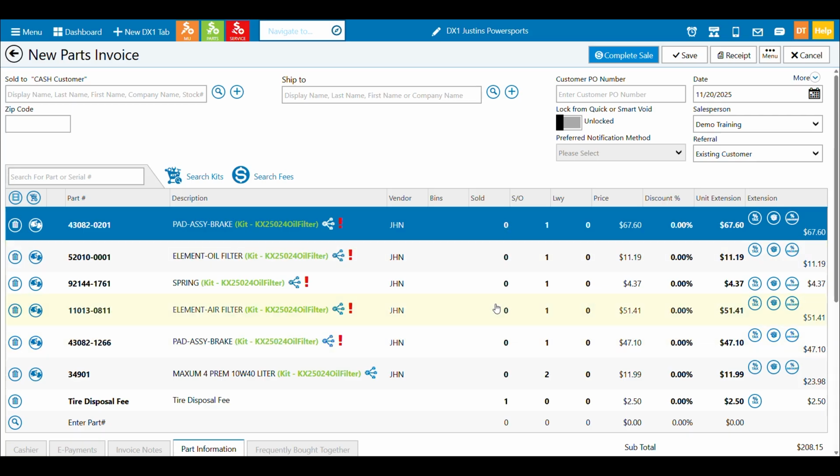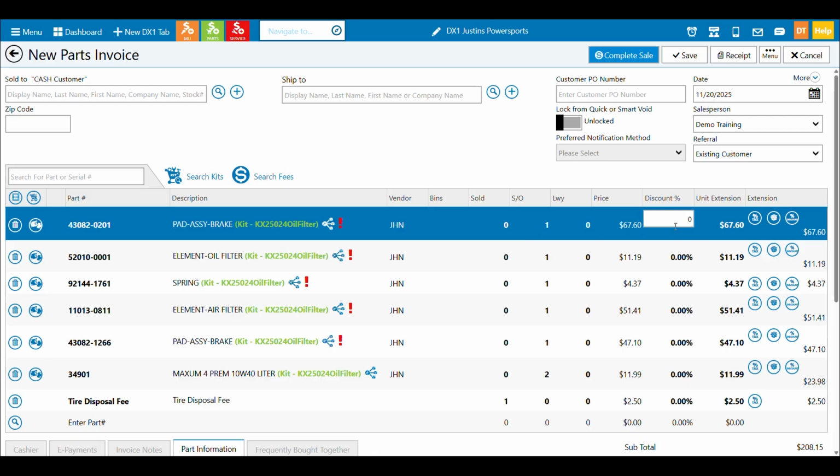This is our sold column. Now, in this case, when we added parts into inventory, we didn't have any. So just as a default, they go to the special order column. Again, we're going to have a separate video coming up here in a minute, which you're pretty much seeing is how to sell a part over the counter. But we'll go through that process separately as we're just really talking about components. So we have our sold column, our special order column, we have our layaway column, we have the price that's coming in based off the information that's provided in your part inventory in conjunction with the type of price method you have set. In the column next to that, we have discounting.